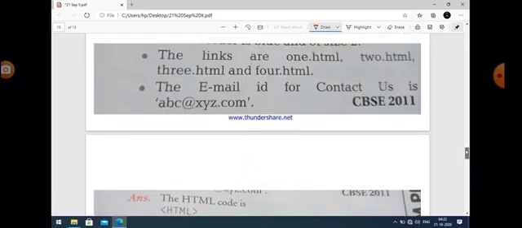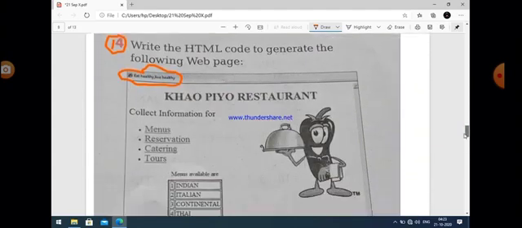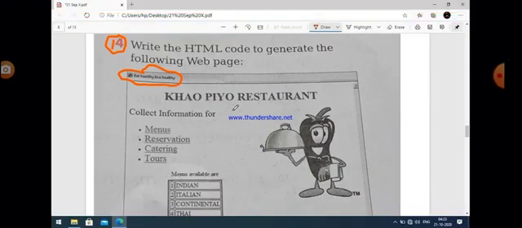So just after that, you can easily see that it is given that the heading of the page is maroon. The heading is given, and it is center aligned also. We can see in the web page that it is center aligned. Now look at the heading. The heading is Khao Pio restaurant, and it is center aligned. And different types of headings are available.